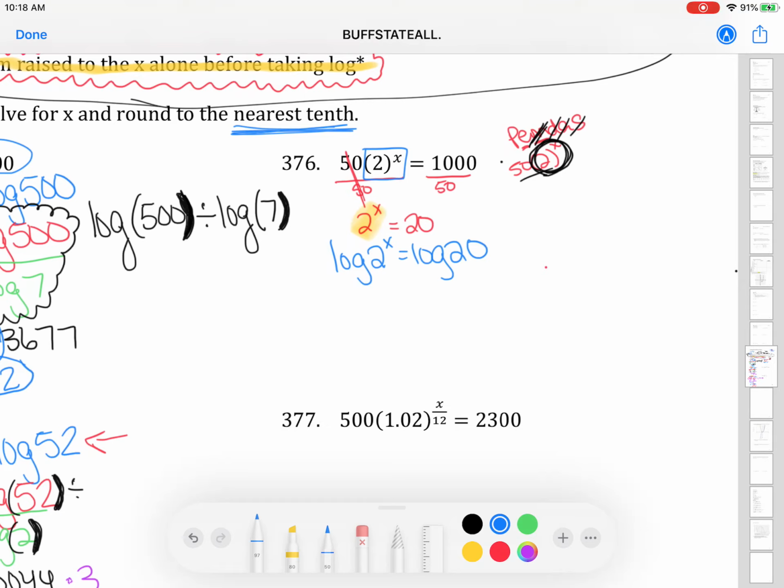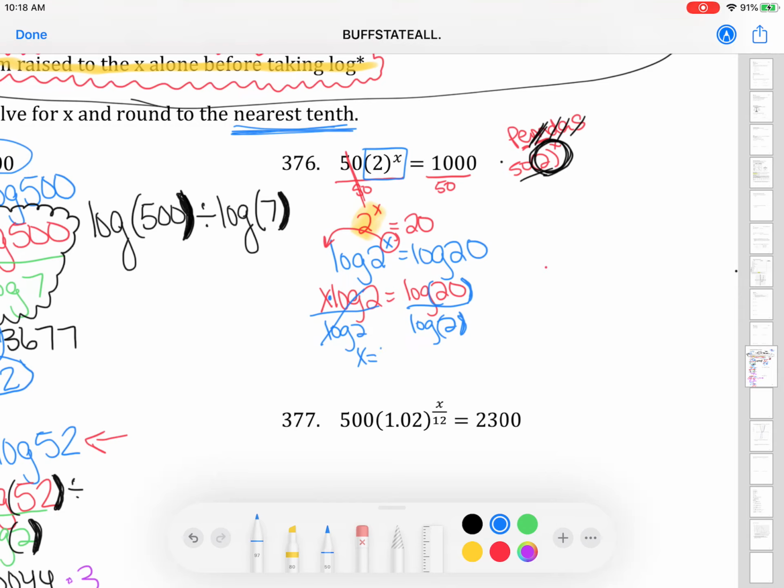Okay, so it becomes the log of 2 to the x equals the log of 20. The whole point in writing the word log was to take this x and bring it down. So now it's x log of 2 equals the log of 20. The log has served its purpose by bringing the x down, so I can get rid of it now. X is being multiplied by the log of 2, so I'm going to divide both sides by the log of 2. So these log 2's cancel, and I'm left with x equals